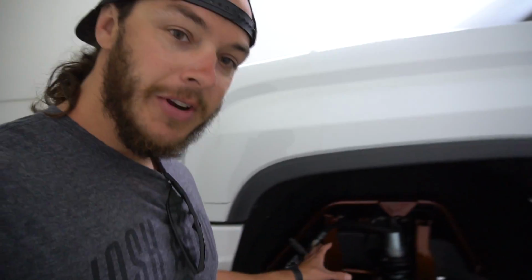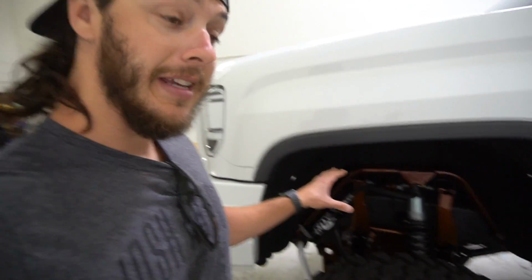So all of my rock lights, all of my front and rear LED pods, C4 Off-Road hooked me up with for free. Now, coming over to one of the bigger expenses of the truck here, and that is the front